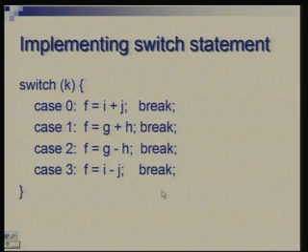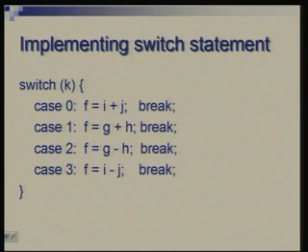So, how do we do that? One option of course is that you can make repeated comparisons, right. You compare k with 0, check if it is equal to 0 or not, do this action, then compare with 1, compare with 2, compare with 3. With the range just being 4, it is not all that difficult, but if the switch statement had lots of cases, then this will become very tedious and messy. So, there is a more elegant way of doing it